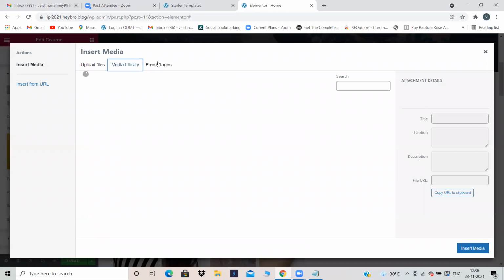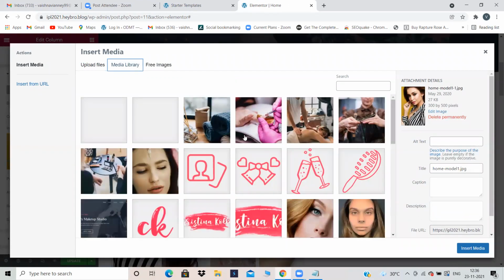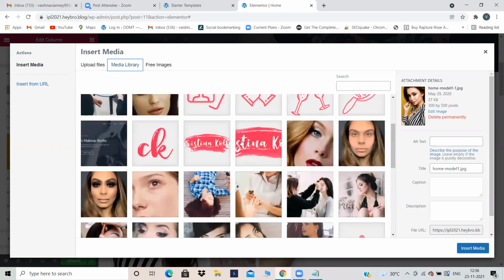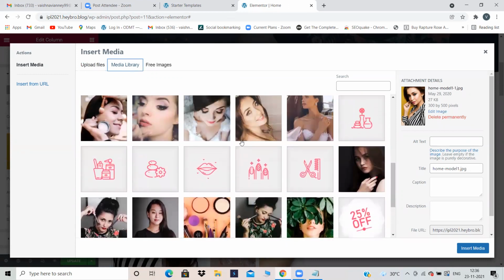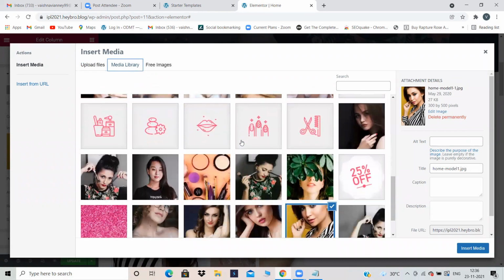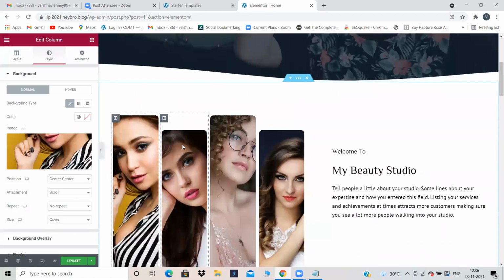Now all the images related to your makeup website will be present over here. Before, only yoga related images were there in the media library, but now all the makeup related pictures are there. You can take an image and insert it. However you want, you can do it.